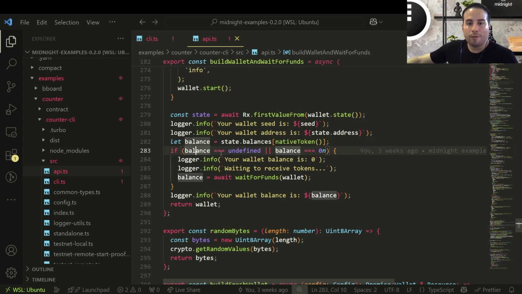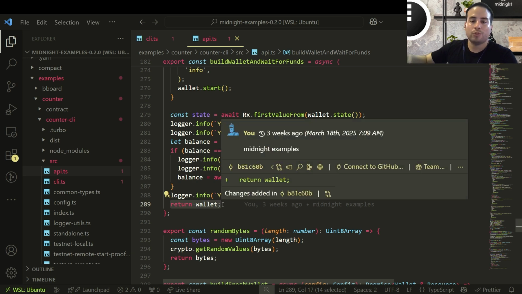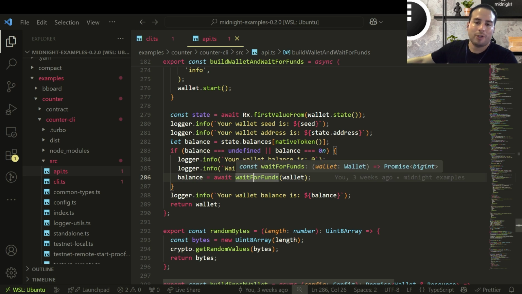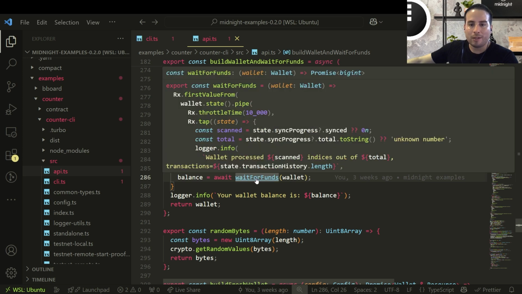Now, if this is true, we will implement this code here. If not, we're going to return the wallet as a response from the function that we saw at the beginning. If the balance is undefined or the balance is equal to 0, which is going to be the case when we initialize a wallet from scratch, we're going to log "your wallet balance is 0, waiting to receive tokens", and then we're going to run this function here, wait for funds. So we're going to be waiting for funds. Let's see how we implement this function. If we click here, wait for funds,